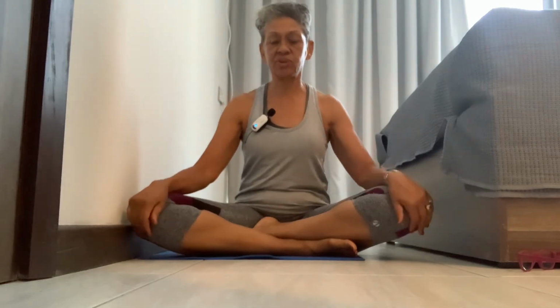I wanted to do a session outside today, but the generator's on, so it's a little bit noisy. So I thought I'd take this opportunity to do yoga in small spaces. So we're going to start out by just finding your space,